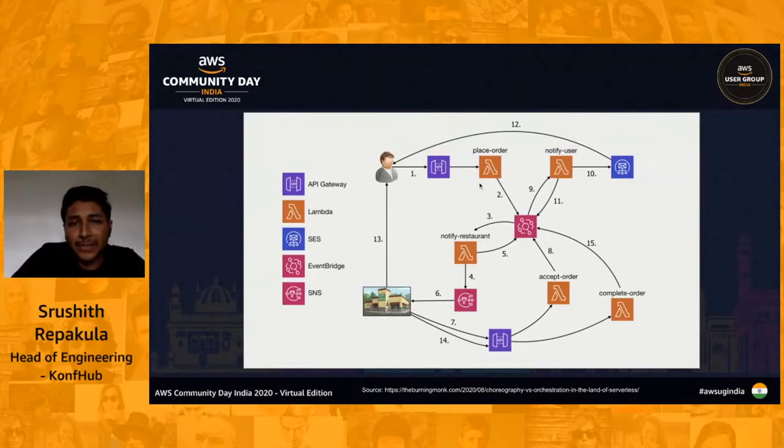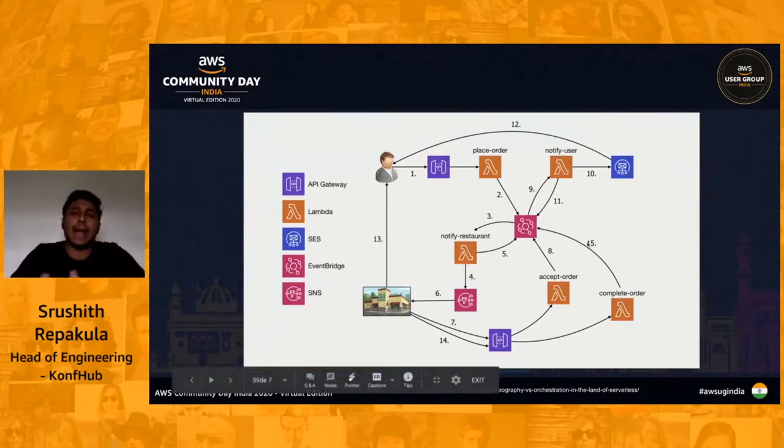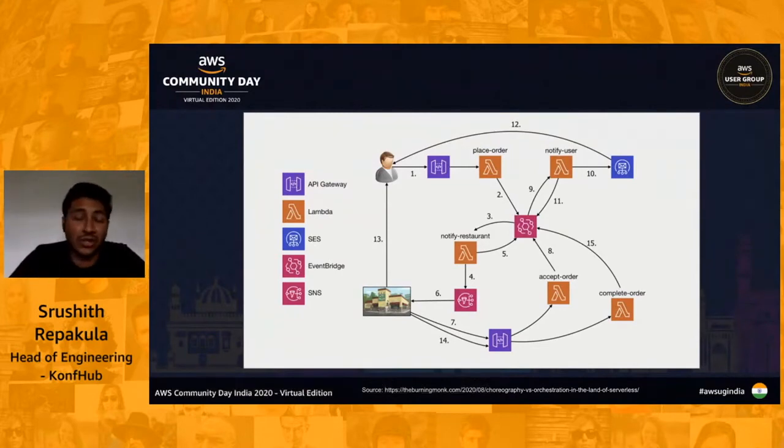So the moment an order is placed, the user is placing an order via an API that is integrated with a Lambda function, and that triggers an event bus, which is nothing but EventBridge, and a message is pushed to EventBridge. Based on the message that is being pushed, the dedicated Lambda functions pick up those messages and start executing whatever they need to do, right? Once the order is placed, we have accept order, complete order, a very simple application, right? We have quite a few flows. So this is how it would work if it is choreography. This is one way of doing things.